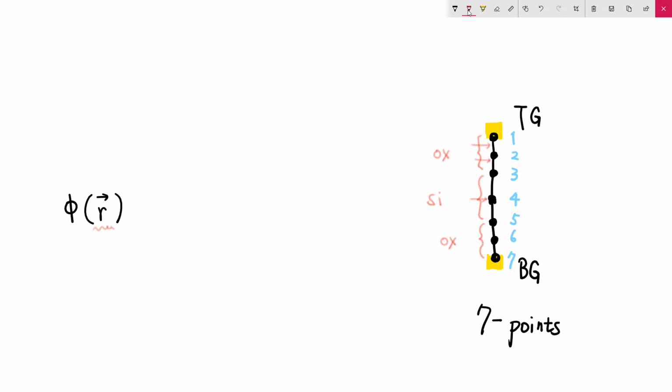Usually this R can be an arbitrary position vector. However, we don't care about the arbitrary position vector. Instead of that, by discretization, instead of having a function of an arbitrary vector,